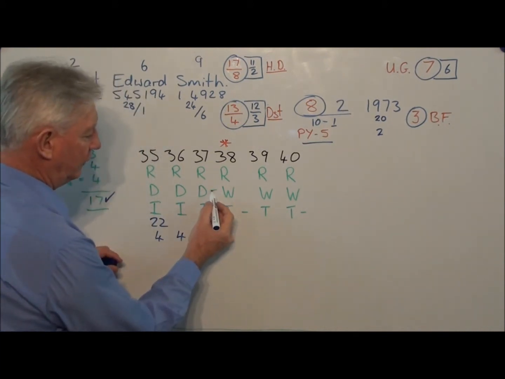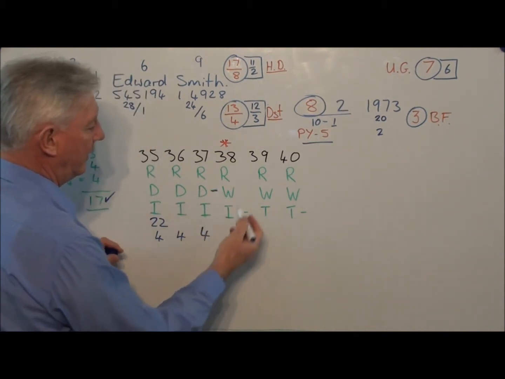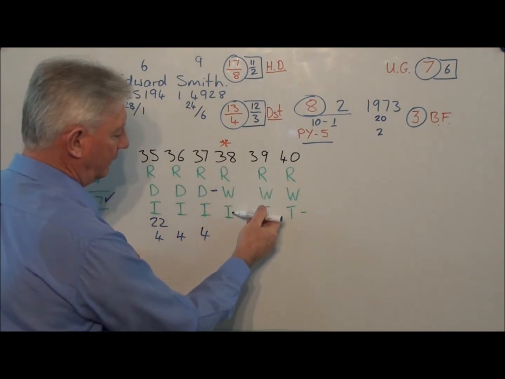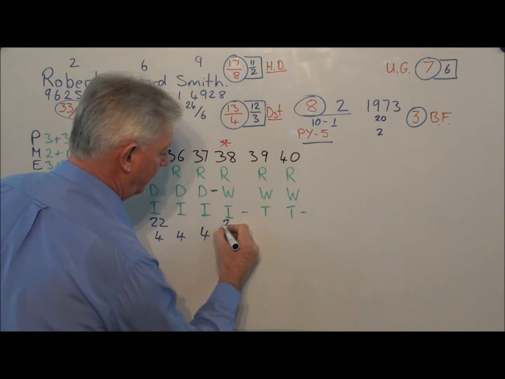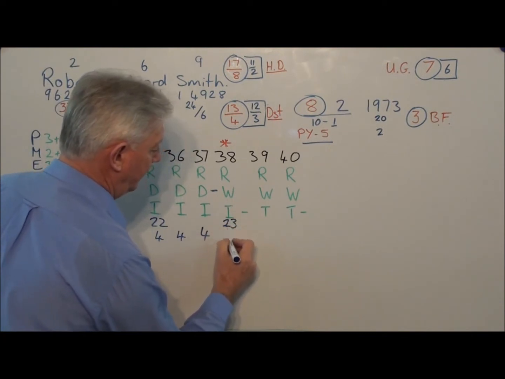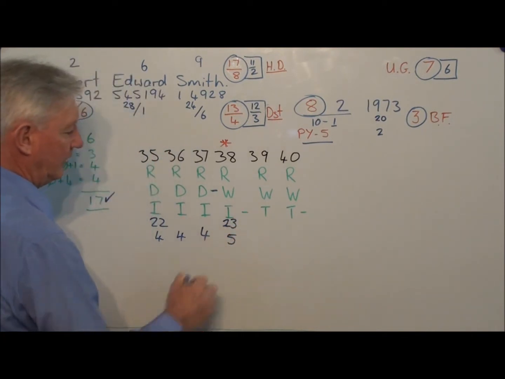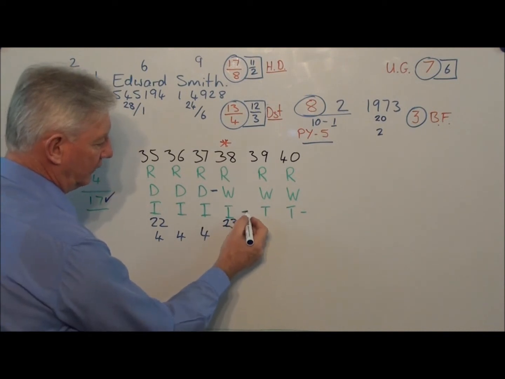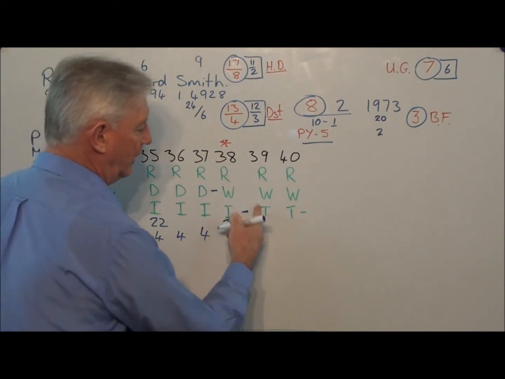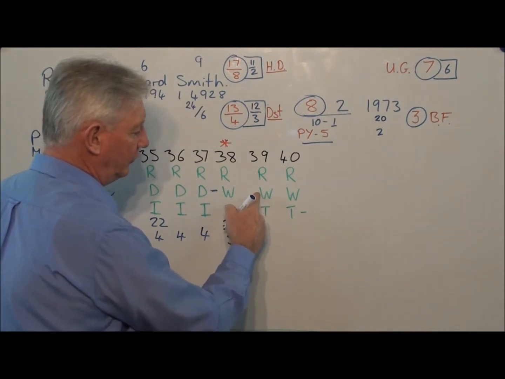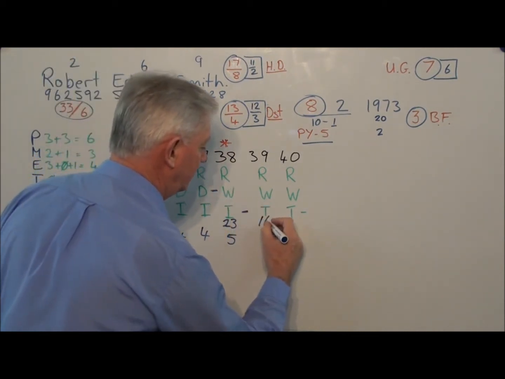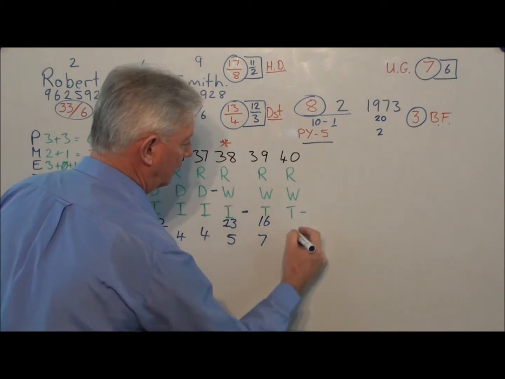Now we have a change in the letters between D and W. So we've got 9 and 5 and 9. 9 and 9 is 18 and 5 is 23. And that makes 5. Down here we've got another change of letters between I and T. So we've got 9 and 5 and 2. So 5 and 2 is 7 and 9 is 16, which reduces to 7, and it remains the same the